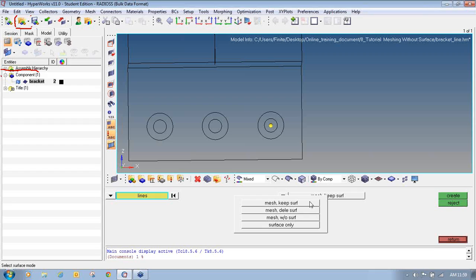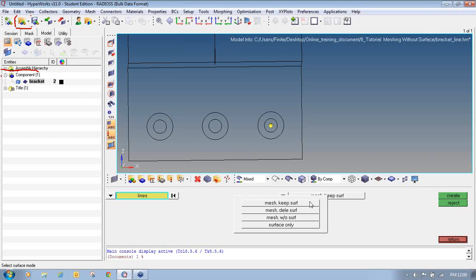In the second option, that is mesh delete surface, it will generate mesh, and first, with the help of those lines which you provide, it will generate a surface, and on that surface it will generate a meshing. Once it generates the meshing, it will delete the surface which it has created.